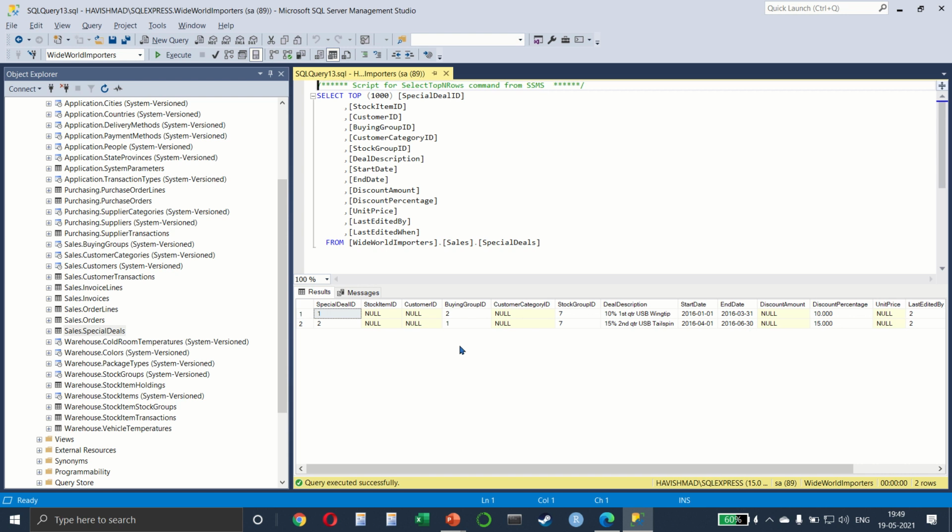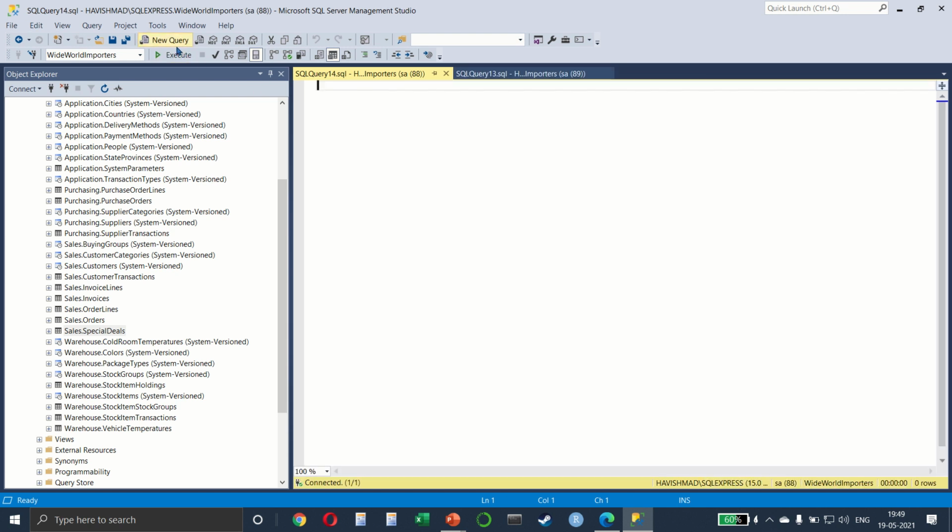So what we need to do here is that out of the two special deal IDs that we have, which is 1 and 2, we want to make a change to the first one. To do this, I will write a new query and we will say update sales dot special deals, and we want to set our end date equal to